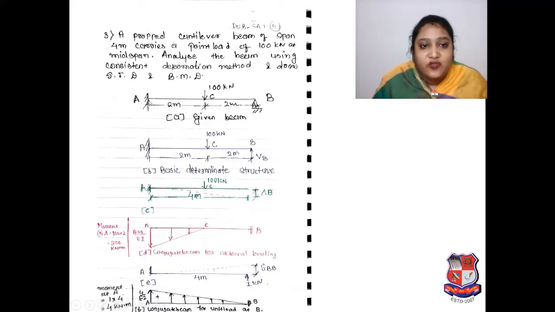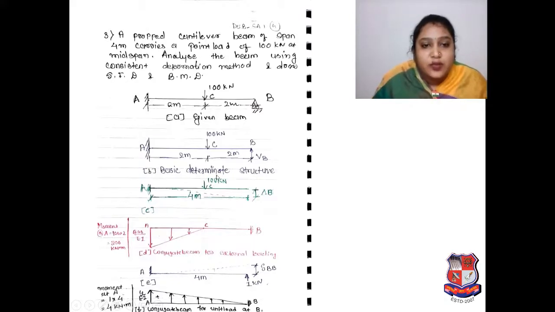So here fixed support is there at A, here roller is given at B. Okay, so it is your propped cantilever, point load of 100 kilonewton at mid span. So 100 kilonewton at mid span is given. What is our full span? 4 meters. So here 2 meter, 2 meter. So as per that data, our propped cantilever beam is ready. Our 4 meter span is given. Our 100 kilonewton load is given at mid. It is our given beam based on that data.